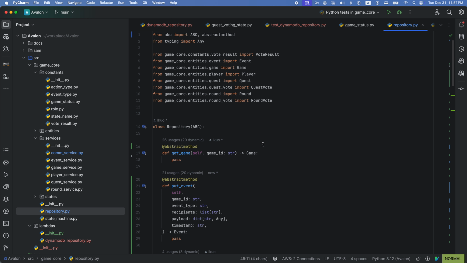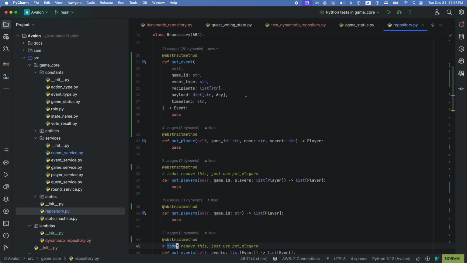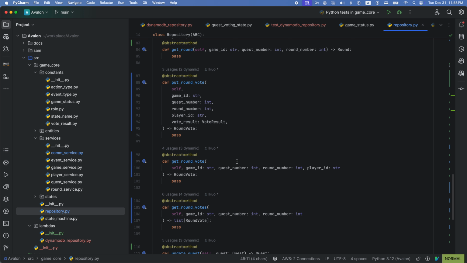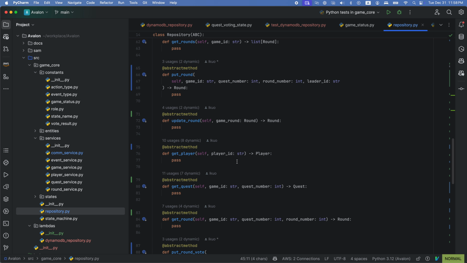No matter which, let's take the repository as an example. We do need all these methods to be implemented, but the implementation may be different if we decide to use, say, MySQL or DynamoDB. The good part is the game core logic doesn't really care which database we use.